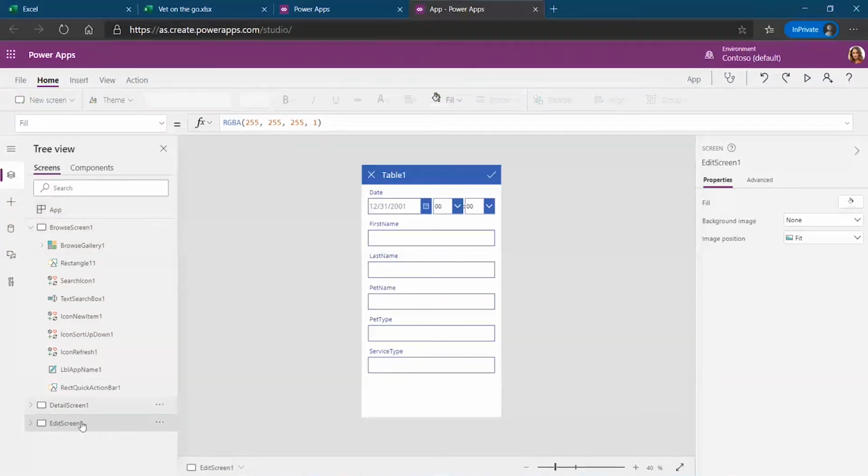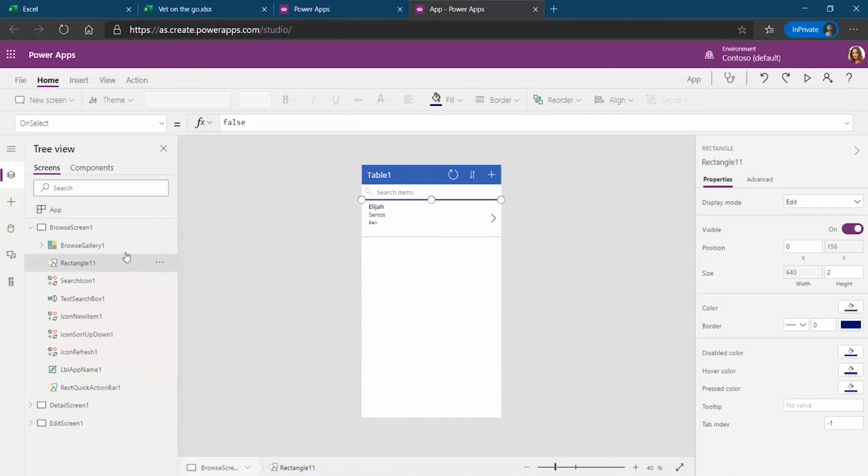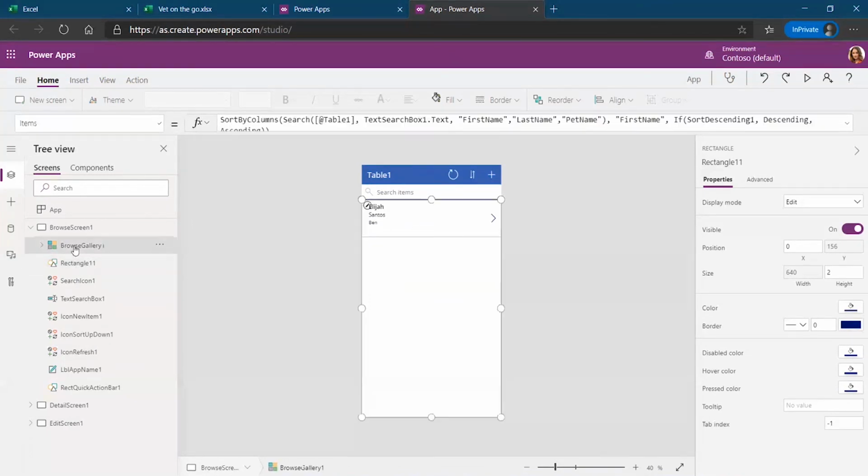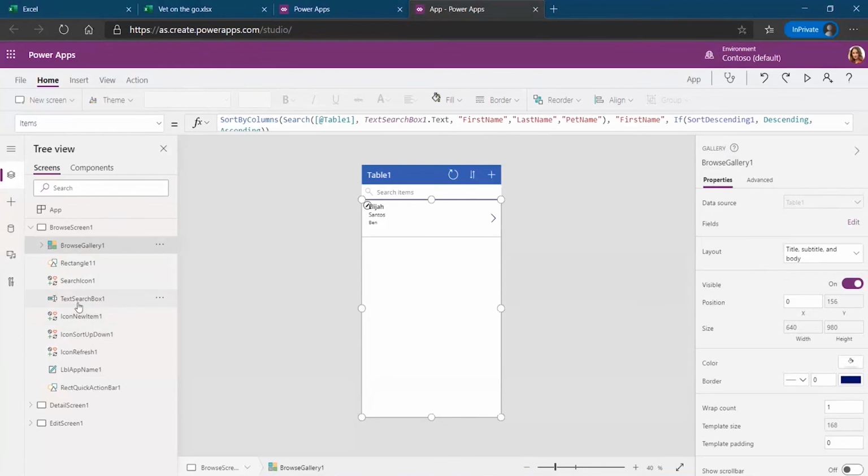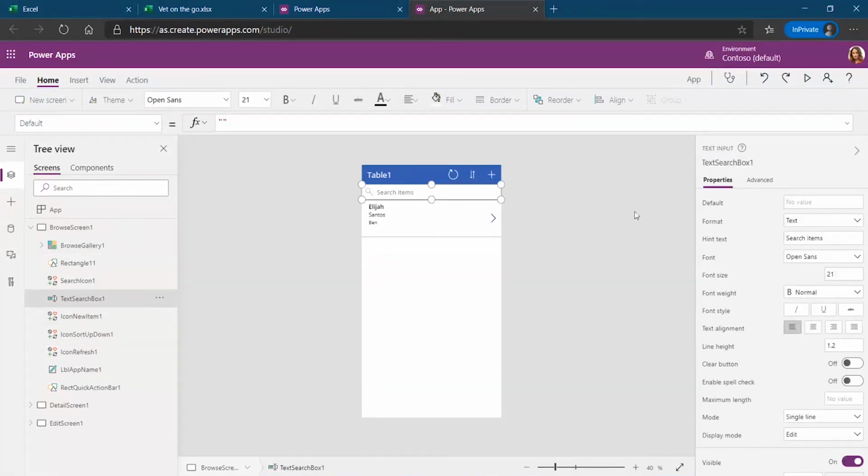So, dito sa left side natin, again, we have here the different controls. You can either select from the left side. So, for example, this one. Ito yung rectangle natin. Okay? So, this is the browse one gallery. So, ito yung whole and then ito yung text search box natin. Okay, and another thing pala, it is advisable that you change the name of each. So, for example, itong text search box one, you can change it to a name that will be easily recognizable for you once you create your formulas or functions. Okay, so for this one,